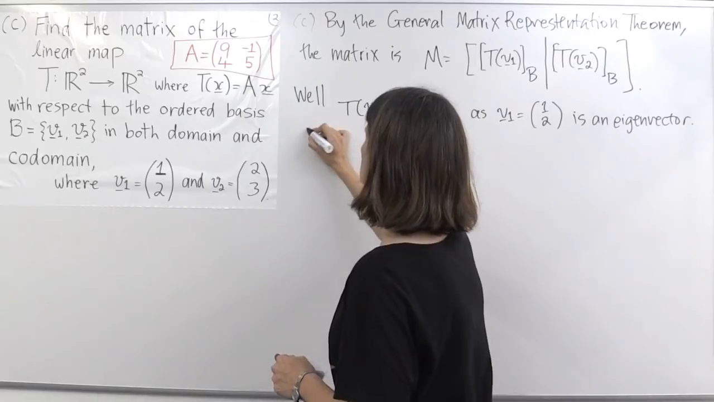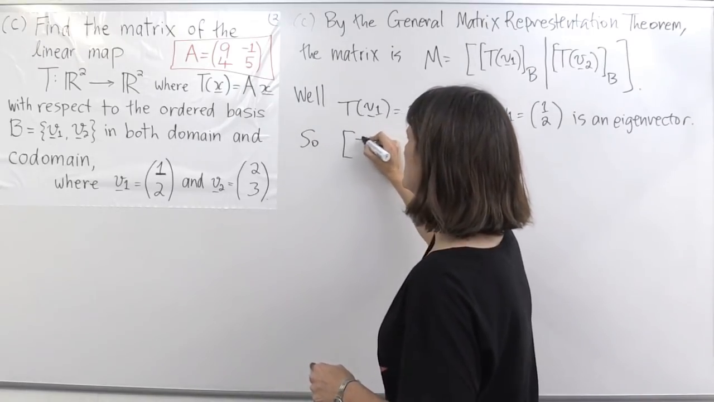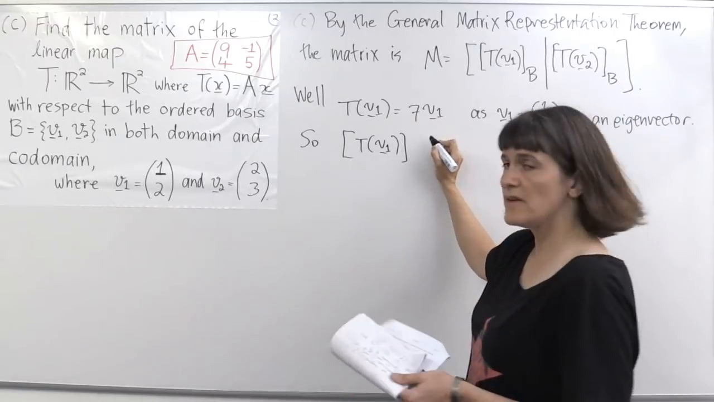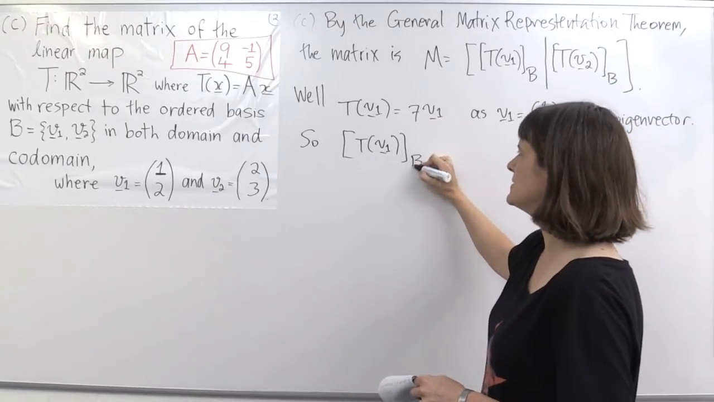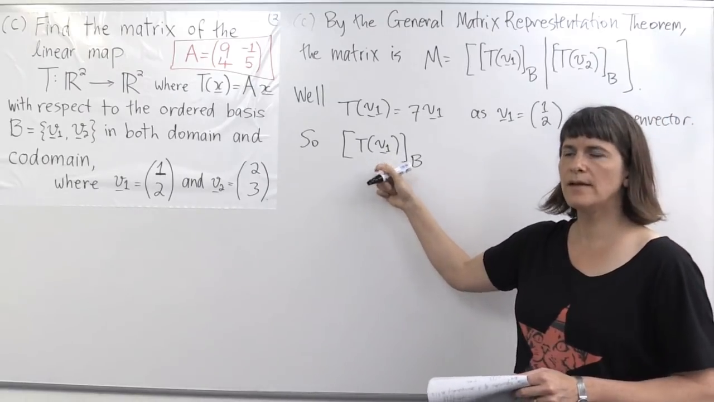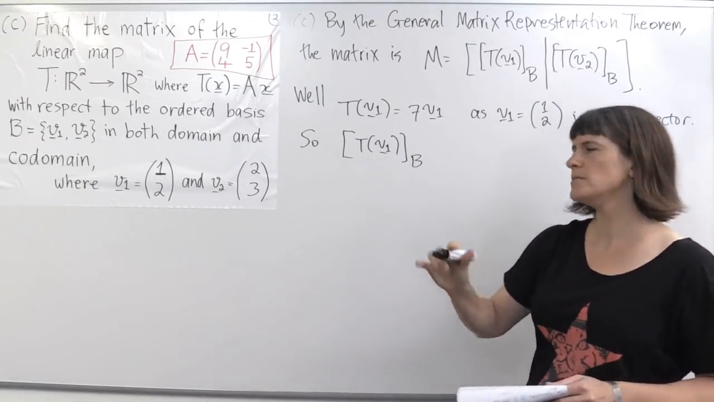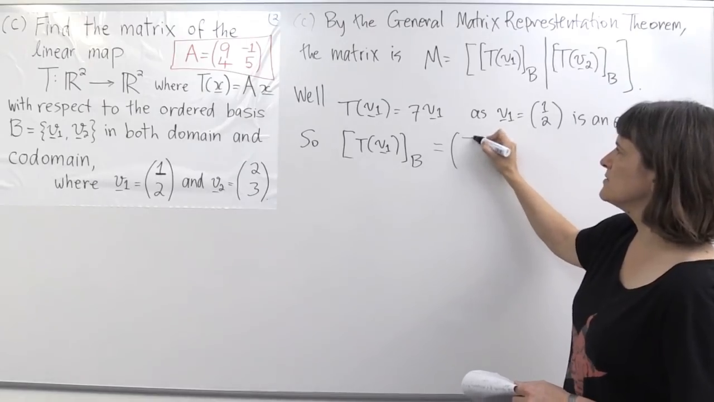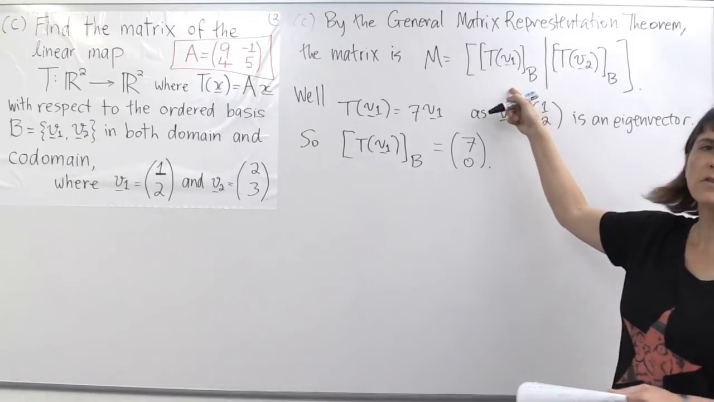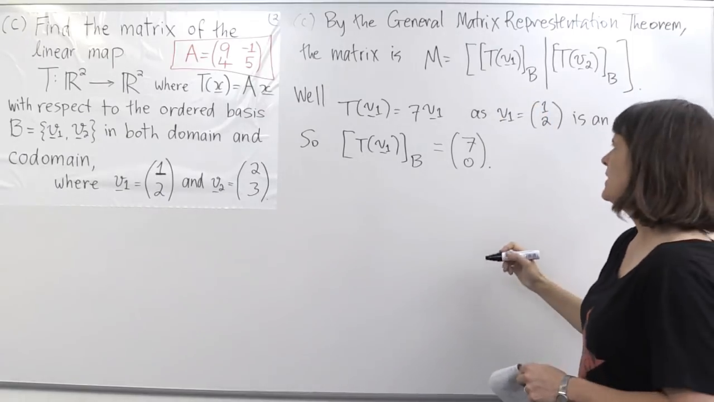Next, when you take the coordinate vector of 7 times V1 with respect to the basis B, it's saying that this vector, T of V1, is 7 times V1 plus 0 times V2, so the coordinate vector is just (7, 0). And that's going to be the first column of this matrix. Next,